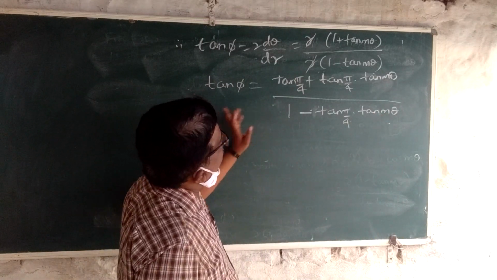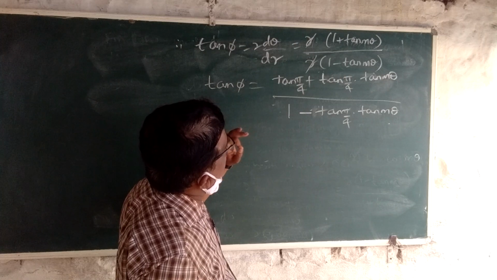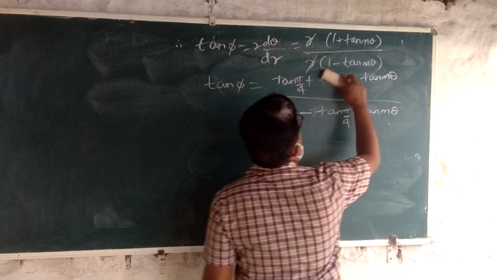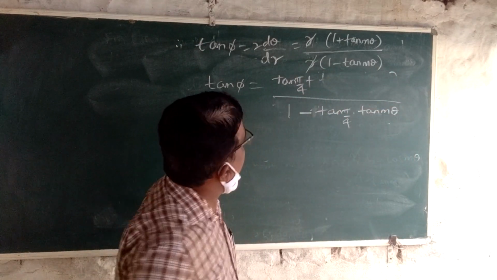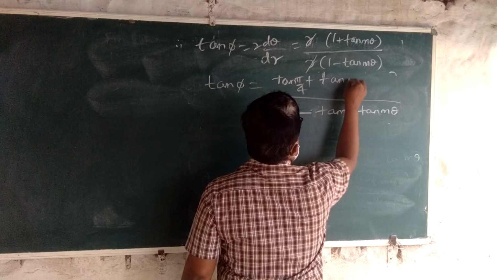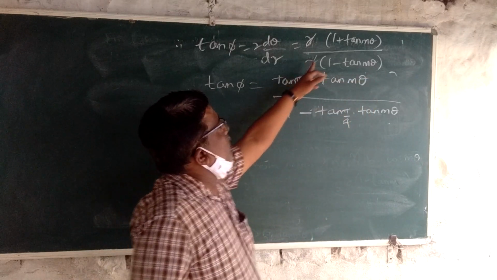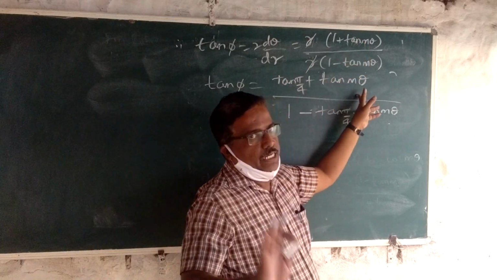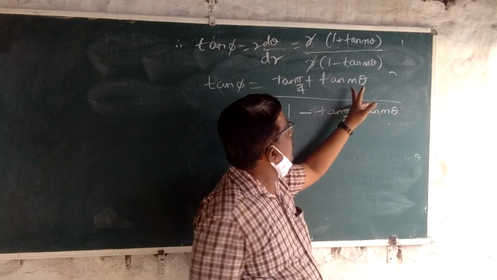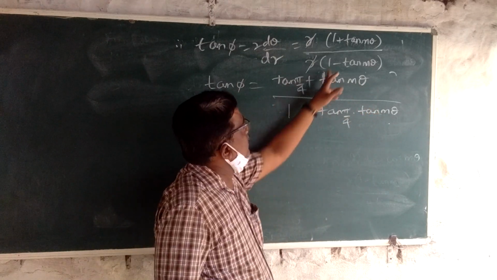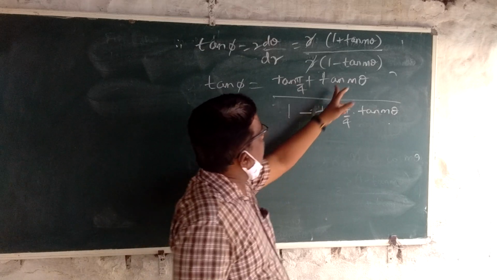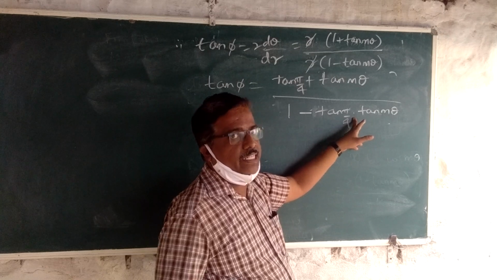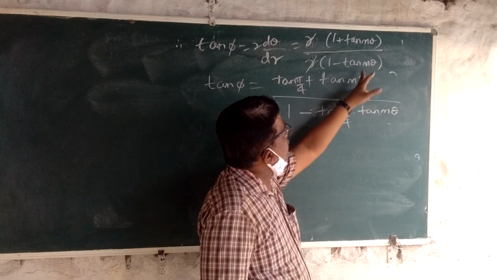Okay. So now, wait a minute. Let us do this one. Tan π/4 plus, don't write this as 1 into tan mθ in the numerator. So tan π/4 as it is, tan mθ only. Whereas in the denominator, write 1 as it is. Then here you should take it as 1 into tan mθ. So 1 means tan π/4, tan 45 degrees is 1. So 1 times tan π/4 into tan mθ.